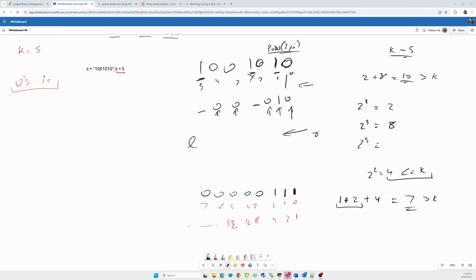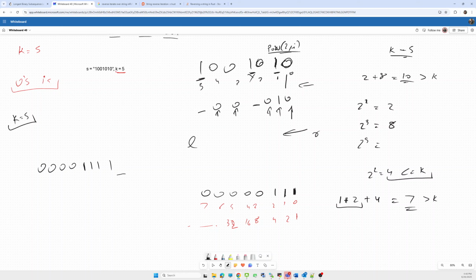Suppose we have a string having zeros, and initially it has some ones. Let's say our k value is 5. We have to take a subsequence whose binary value is less than or equal to 5. We have to make the lowest number, so we start from the LSBs.